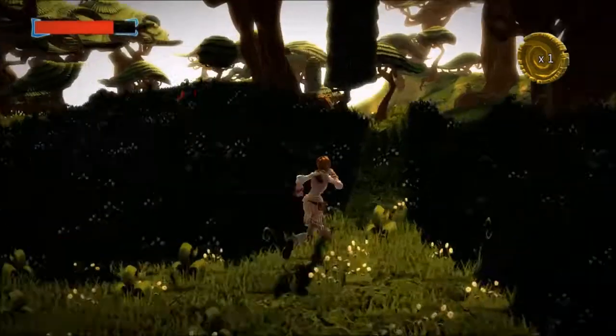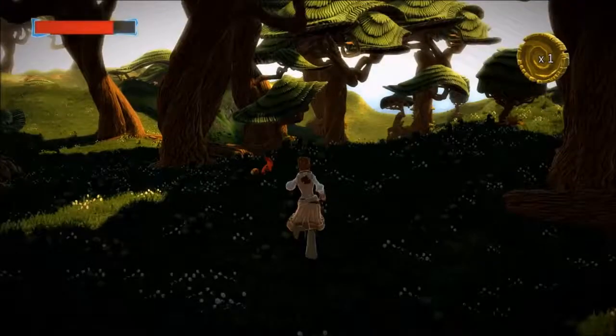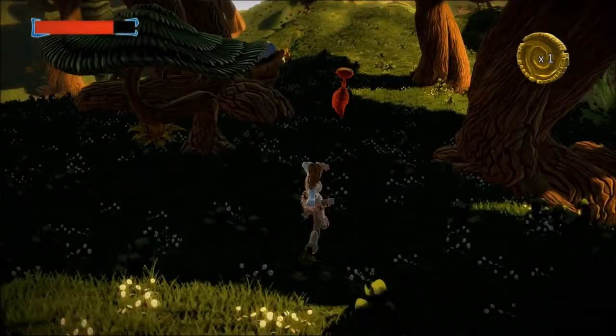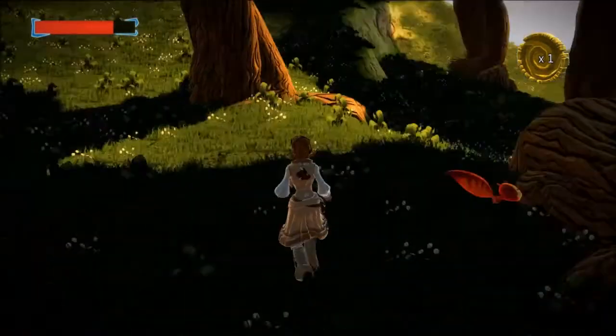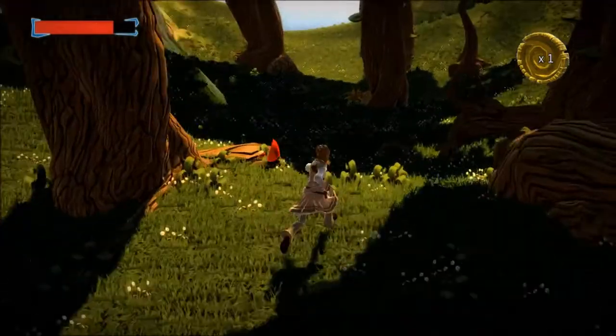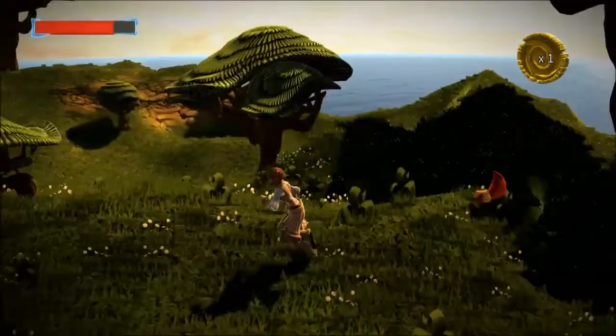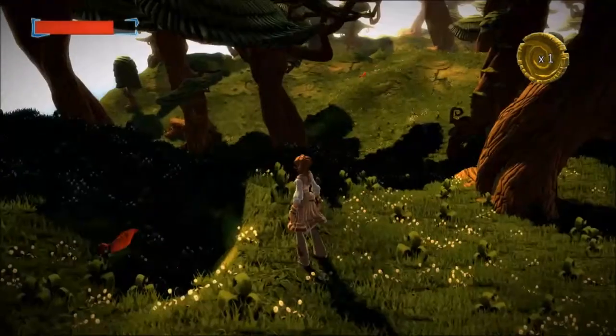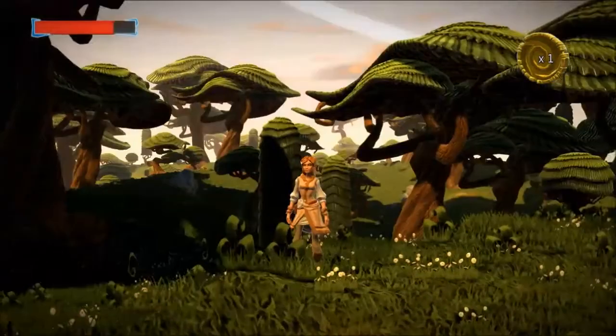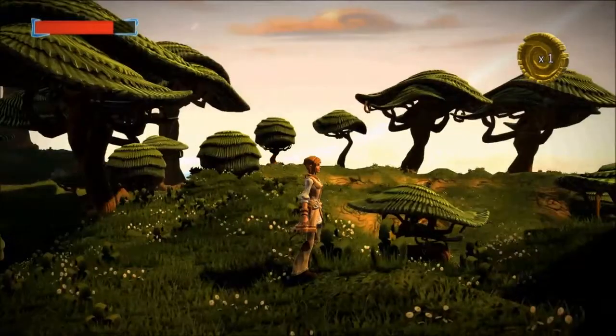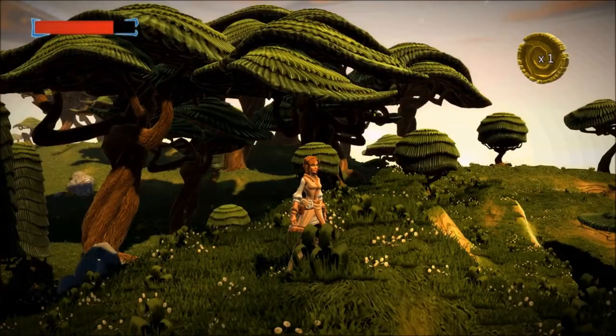So the very first time you create a game in Project Spark, you might not think it's easy, but when you get used to it, you'll find that it's very, very easy to create these type of games, and it's a lot of fun. So I wasn't able to catch that squirrel, so I have no pet squirrel. Ah well. So I'm going to leave our hero in the level now and exit,